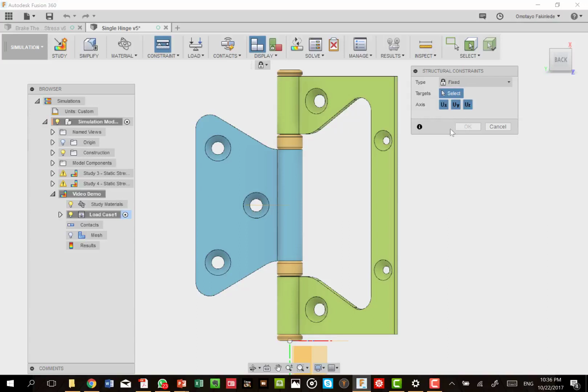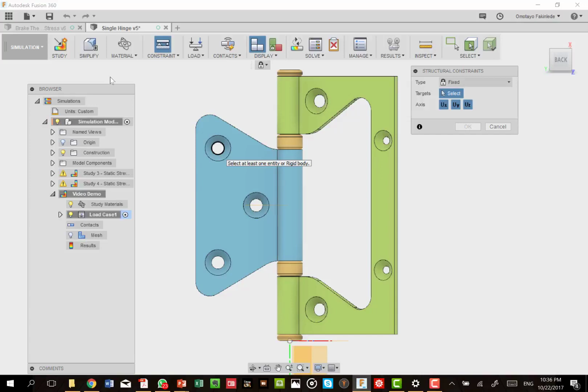If we choose a fixed constraint, you can choose a surface. For instance, we can choose this surface and we can say the surface should be fixed. But does that really give the realistic boundary condition we are dealing with? That's the question. We could also go to the back of this particular element and make it fixed. We think not. Look at this circle here. That circle is what will essentially hold the screw, and that screw is fixed into the wall.